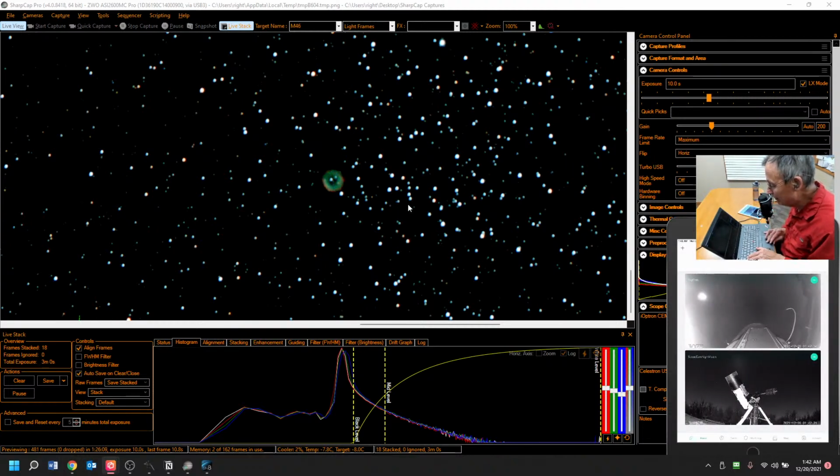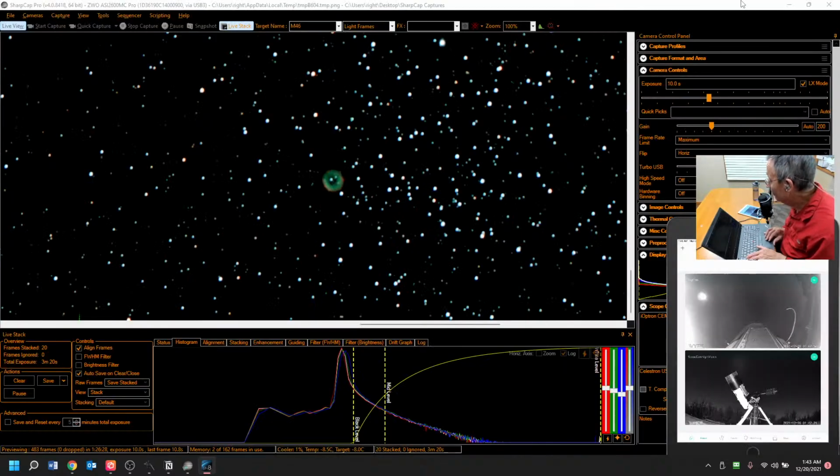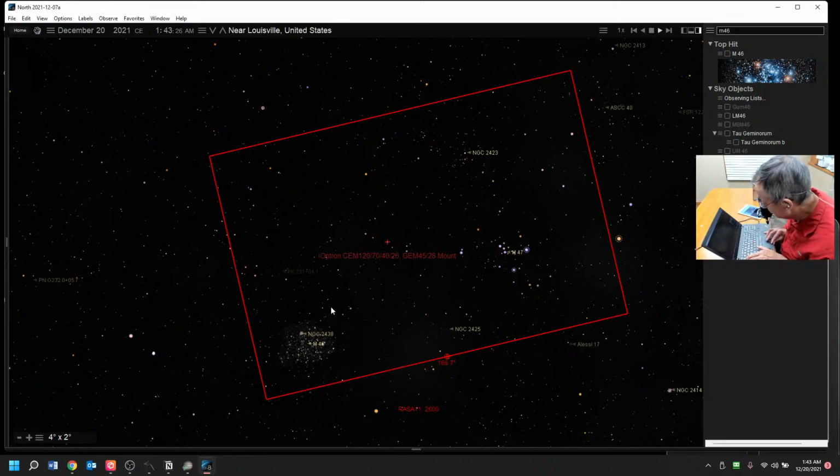I love this. I love it that we can see this planetary nebula. And we zoom in closer to M46 to 100%. Yeah. So that's 2438. So let's go to 2438 real quick. And Starry Night Pro. Minimize the thing in front of Starry Night Pro. So I'm going to click on this